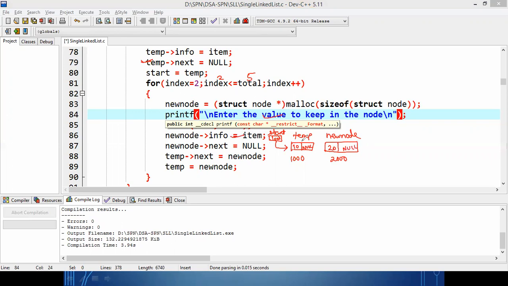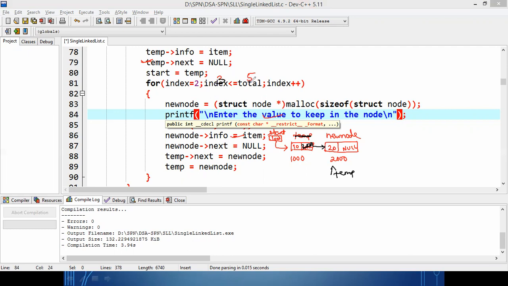But I need to connect the first node with the second one. So temp next, instead of null, I'll keep 2000 here so that this will be connected. After that, my temp will point to 2000. Clear? Then index plus plus, index will become 3.